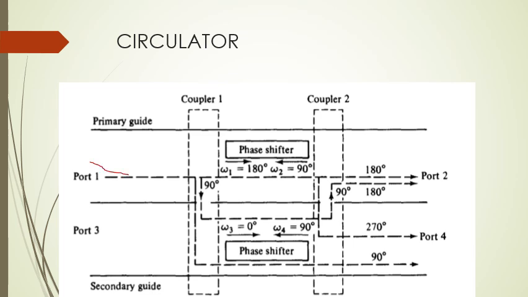Now, first of all, let us look at the construction, how a circulator is created. You can see the circulator has got two couplers. Can you all see over here? I'll just use a highlighter here. It has got two couplers here. The function of this coupler is to give a phase shift of 90 degrees when the signal is passing